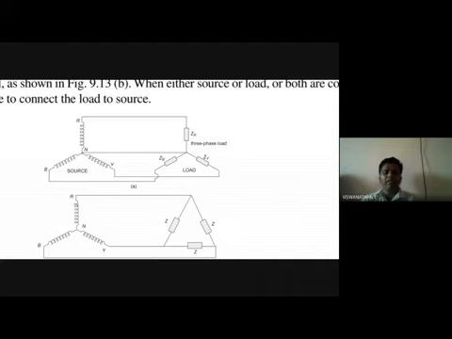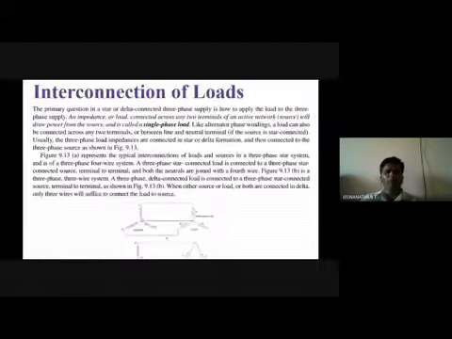But in the case of a star source and delta load, we do the same, but here R is connected with VRB. Again, Y is connected with VYB. Again, B is connected with VRB. So we are connecting like this, and it differs from the star case. These kinds of connections cause some issues. It may lead to unbalanced and balanced loads.